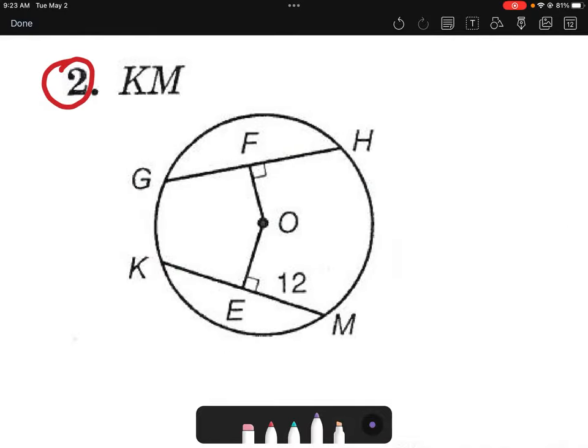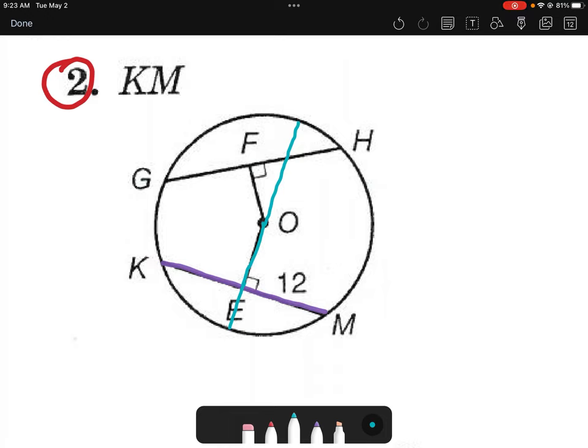Number 2, we want to find segment KM's length. That's this guy. And that's a chord. How long is that chord? Well, we have this guy right here, which is part of a radius. If I extended him the whole way, that would be the radius. Now, if I would extend him the whole way to the other side of the circle, that would be a